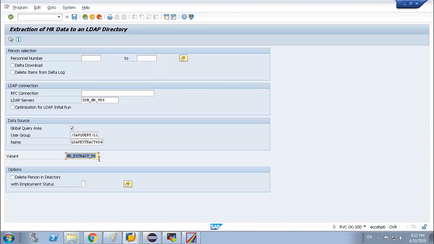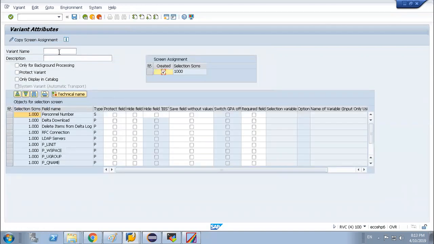Yeah. So now all the information I saved it like this. Every time I don't want to lose this information. So if this information is correct, I can save this information and create a variant again. What is that variant?